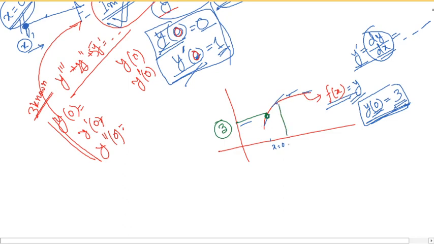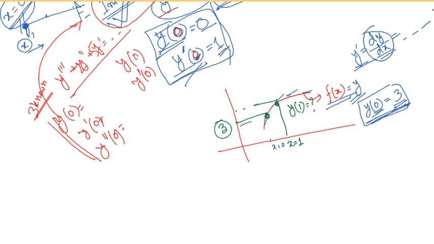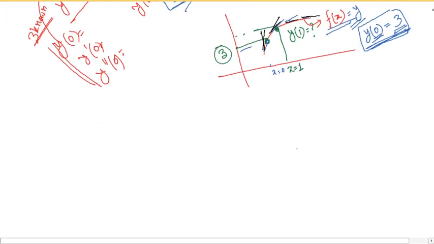Say we will be trying to calculate at x equals 1 what will be the value of y1. That is our concern. We don't know this value, but we will be predicting it. What will be the value? The Euler method says, although we can see that the slope is changing at different points, so the slope at this point and the slope at this point are not the same, the Euler method says we'll be assuming the slope is the same, and that's how we'll be predicting the next point. So if I redraw this here,